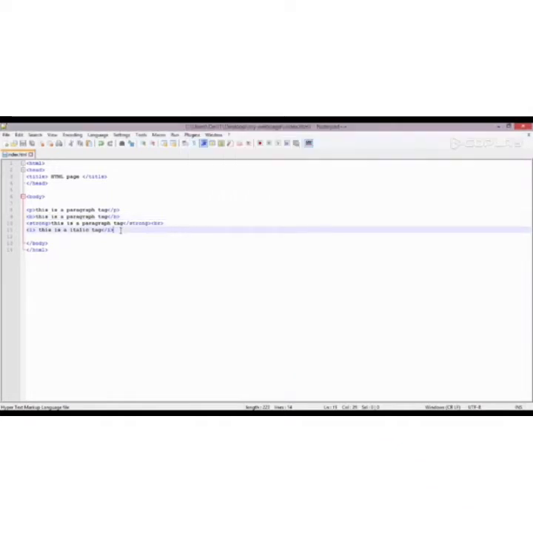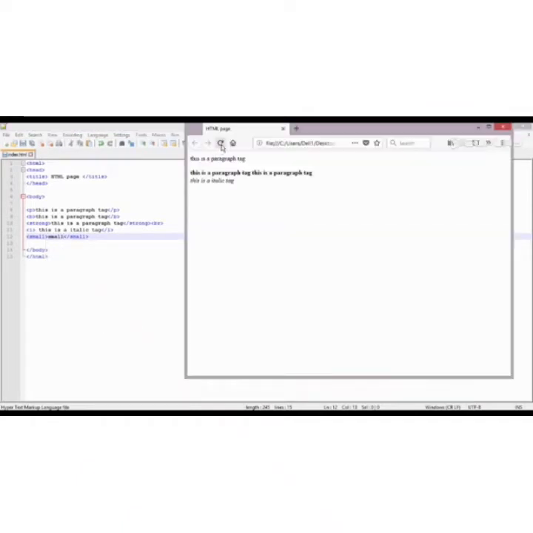Then we can use another, that is small. The HTML small element defines the smaller text. For example, small, closing the small tag, and our text goes in between this small tag. Okay, save the text, and this is small. You can see that it appeared smaller than the normal size of the sentence.